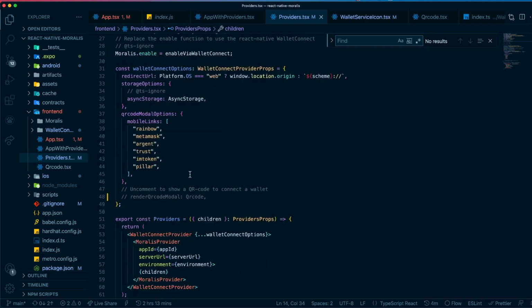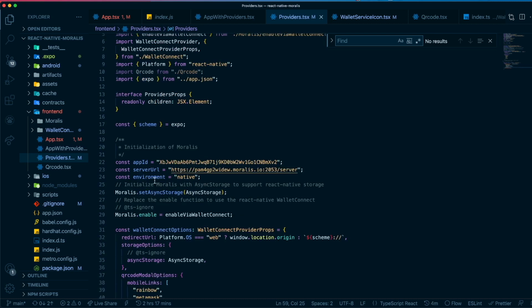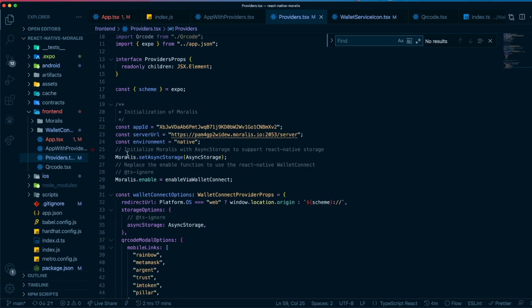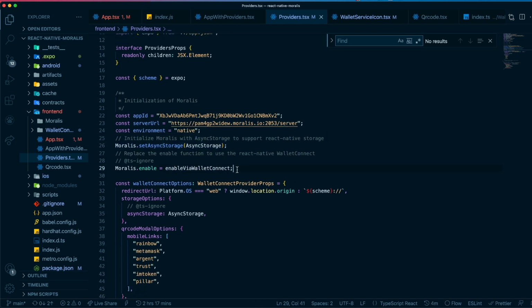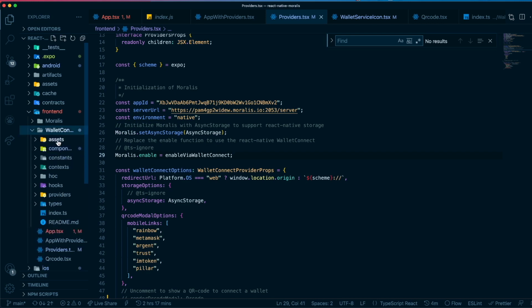You will use both of these values to initialize Moralis in the Moralis provider tag. Once you do that, your Moralis setup is complete, and then you can use all the API calls that you want. And we use the set async storage function, which lets you use the storage of the phone, and then you enable Wallet Connect over here. We have a certain modification done to Wallet Connect so that it easily works. So we are using